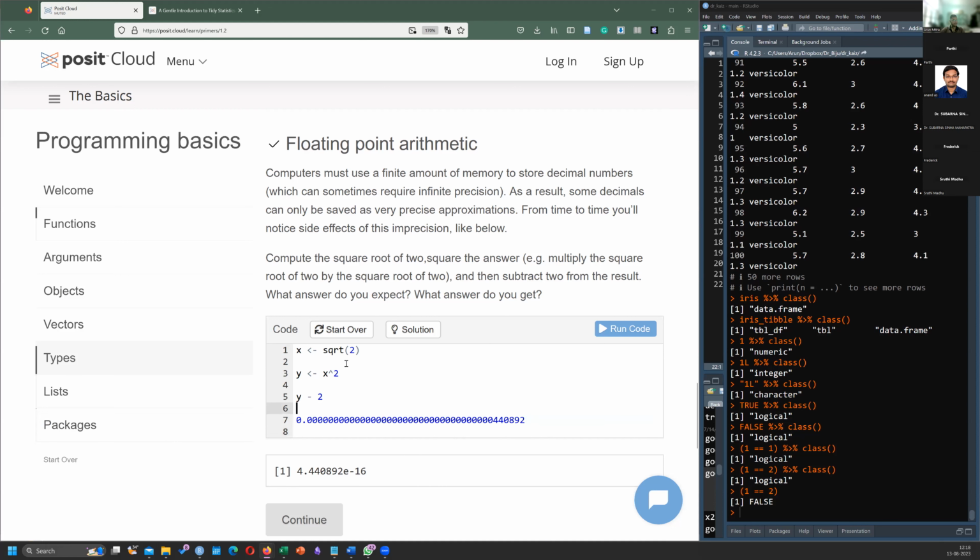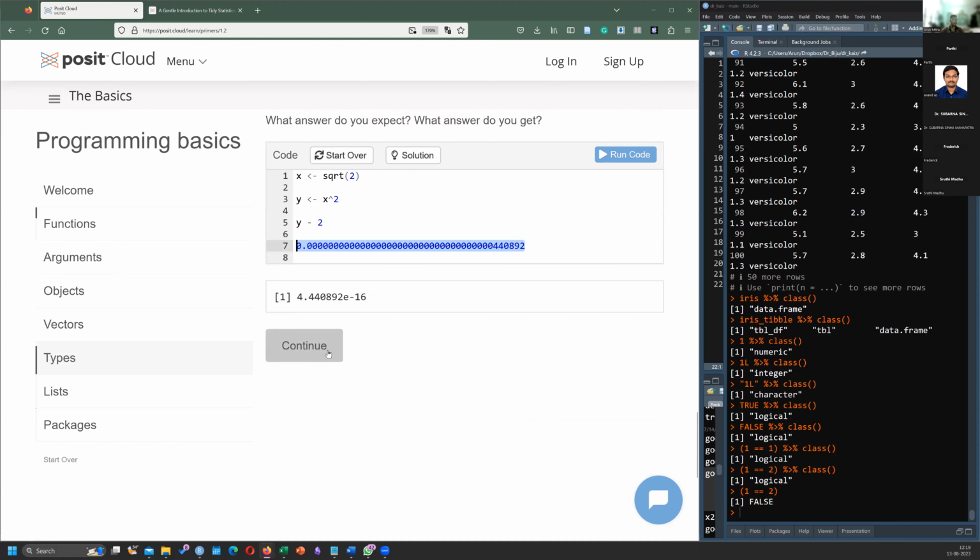If the precision were exact, you would expect the answer to be zero, because you're squaring the square root and then removing 2 from it. But it's not 0, it's a small number. That imprecision is due to this finite memory calculation. That's what they're trying to say.